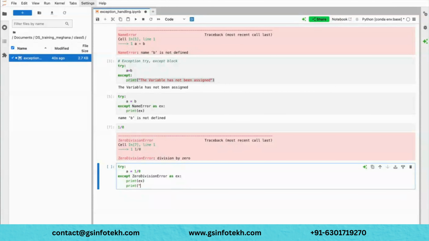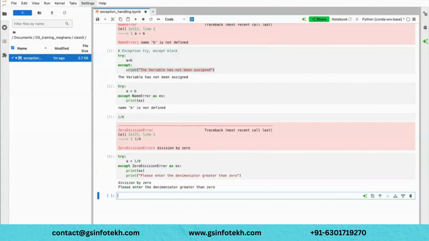Sometimes you need to tell the user, don't enter zero, or give some other number. So how do you tell that? That custom message we have to keep here: please enter the denominator greater than 0.